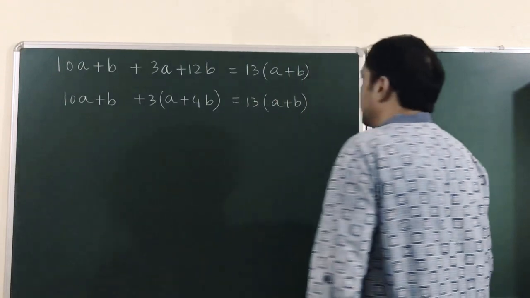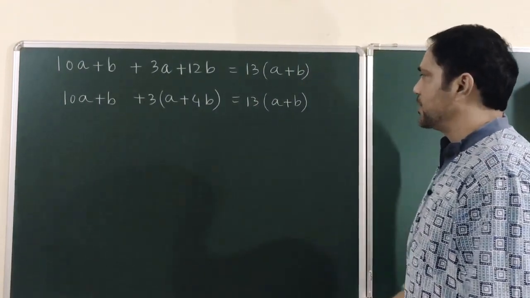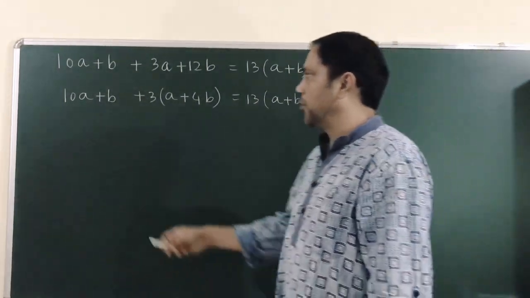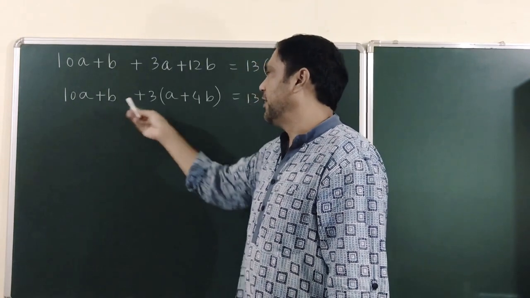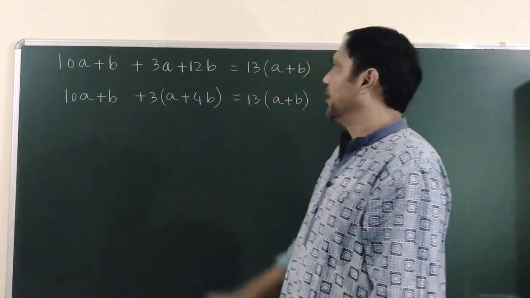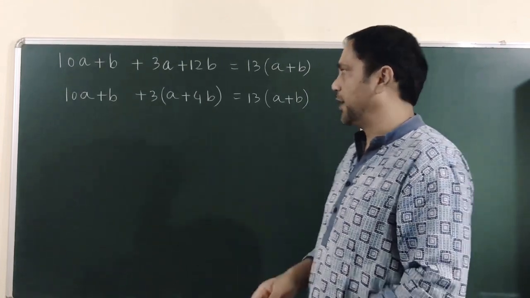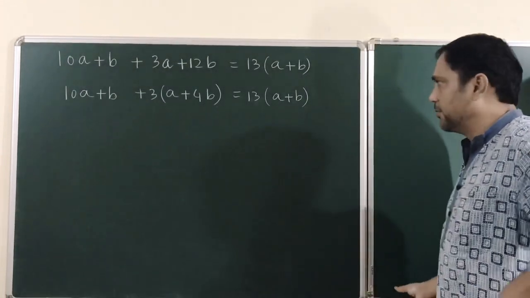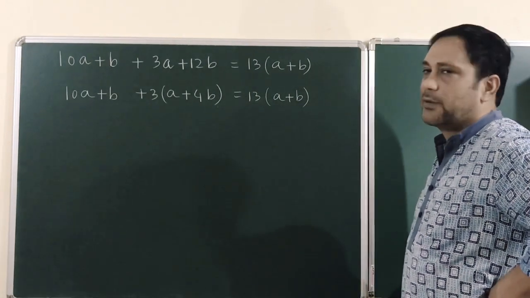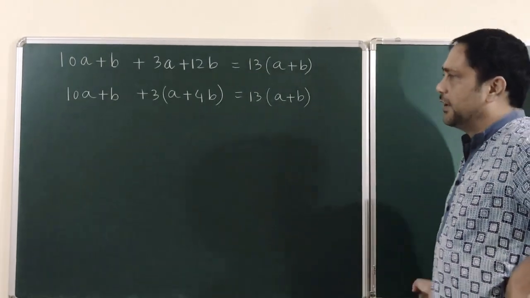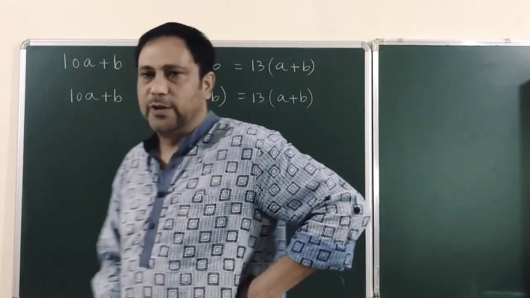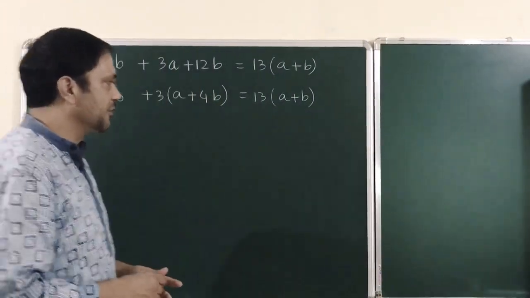So you can see there, this 13a plus b is obviously divisible by 13. In order to make this number divisible by 13, if I can confirm that a plus 4b is divisible by 13, because 13 and 3 are co-primes, then the number will be divisible by 13. And the method we'll be using is just as I explained to you with the 7.